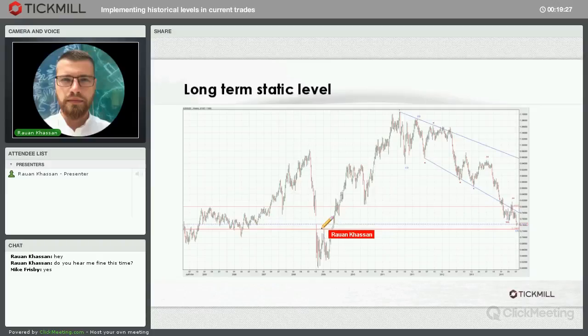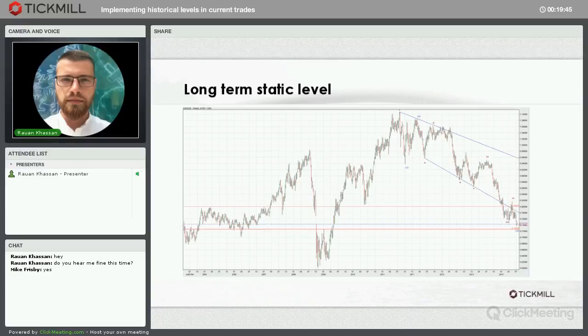Once again, price has returned on the turn of 2009. The price has developed to the upside significantly, but in the current moment,